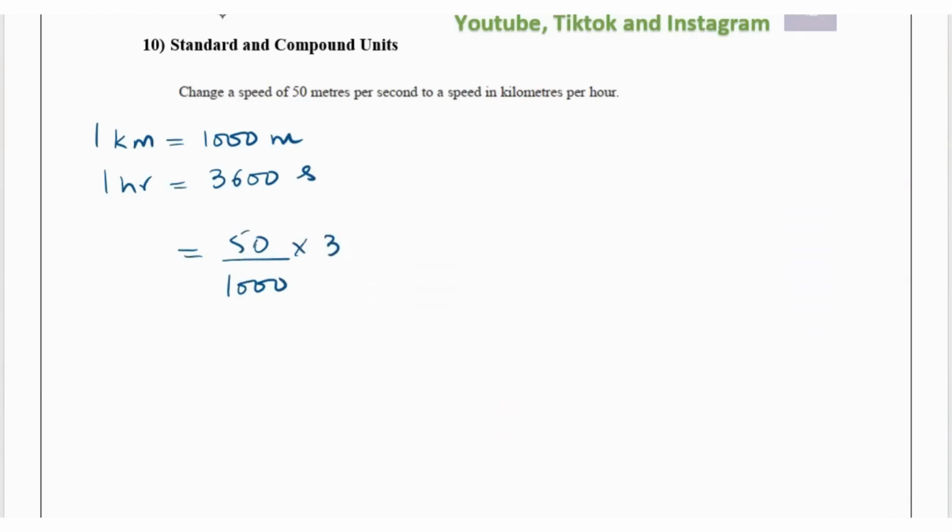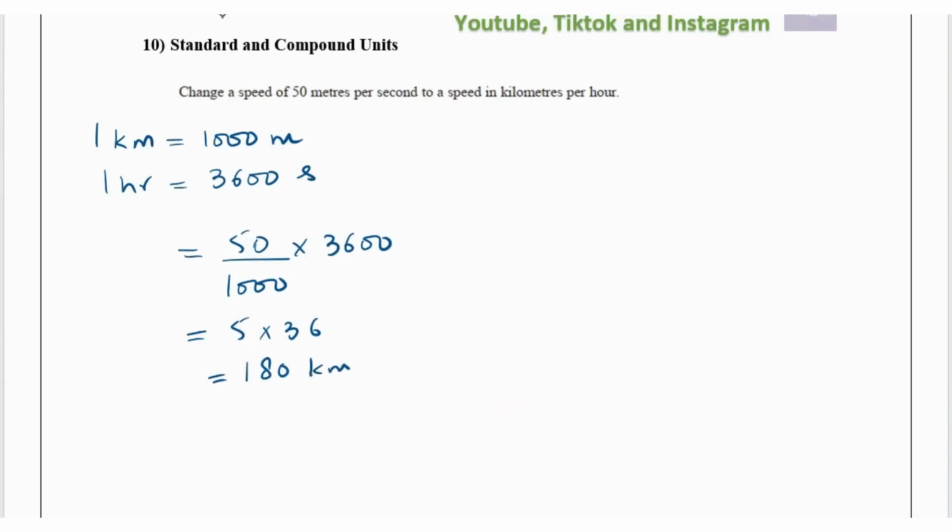Then it says change the speed of 50 meters per second to speed in kilometers per hour. 1 kilometer is 1,000 meters. 1 hour is 3,600 seconds. So we're going from meters per second to kilometers per hour. So that's going to be 50 divided by 1,000 and then times it by 3,600. So that's 5 times 36. And that gives us